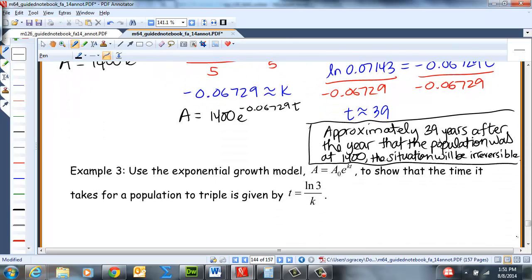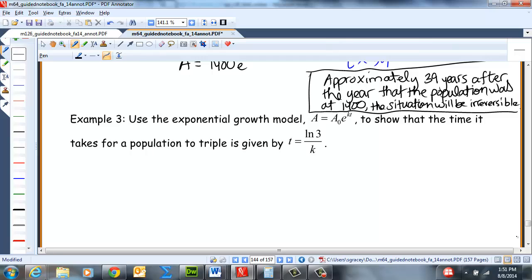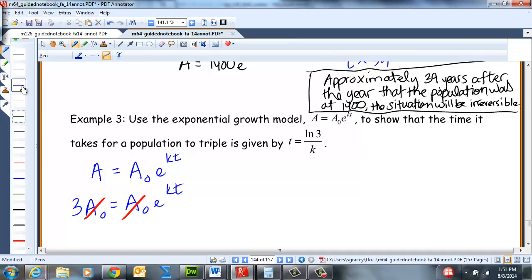All right, so the next problem is just sort of playing around to show the time it takes for a population to triple. All right, so here we go. In order for an original amount A0 to triple, what do we have to have? So we have A equals A0 e to the kt. So if we let A equal 3 times A0, that will be triple the original. But look what happens. Do you see that the A0s would divide out? So we'd be left with